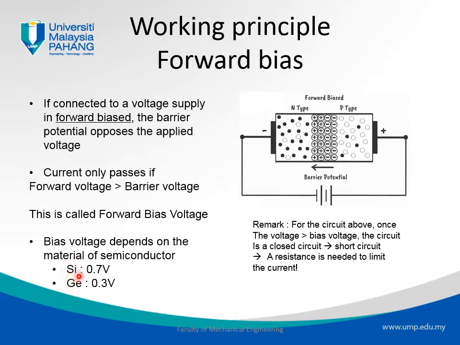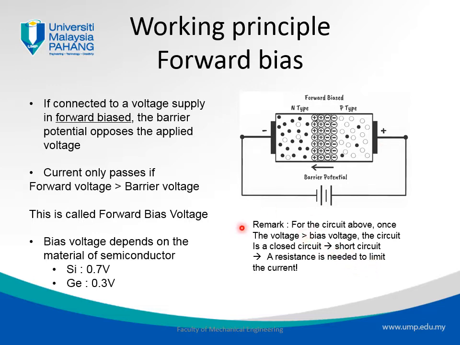So at least if we construct our PN junction using silicium, we will have a bias voltage of 0.7 volts, and if we use germanium, we would have a bias voltage of 0.3 volts, right? So it means that in order to be able to conduct current, the voltage that we're supplying has to be larger than 0.7 or 0.3. Okay,